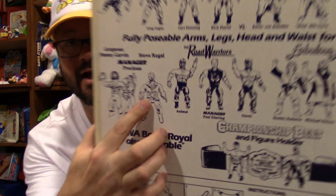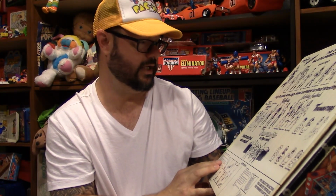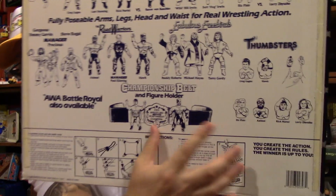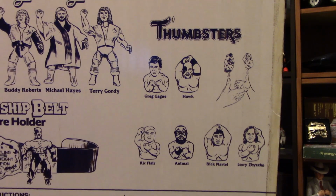Such a rare belt, such a strange rarity that I can't believe they would even draw him with it on the back of the box. It's so strange. But anyway, there's your figures. We've got your instructions. We've got your thumbsters. Okay, every wrestling line has to have some stupid thumb wrestlers. So there's your thumbsters. And we also have